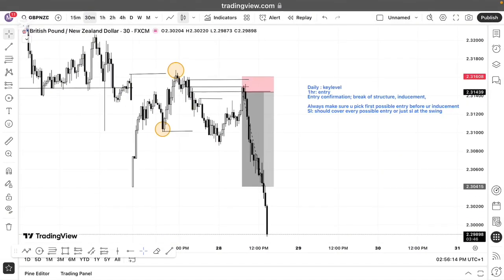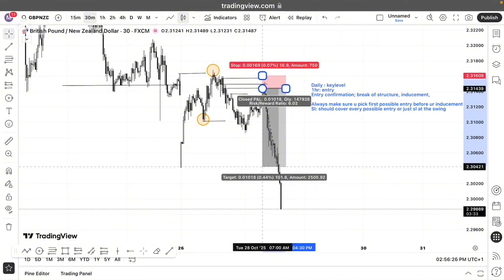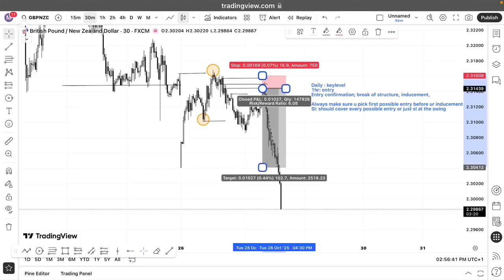Have you seen now? Like the massive move, I managed to secure one. One thing, you don't have to be stingy. I'm not really that stingy in RR. I just target swing to swing now. Listen, I target my last swing, target this one, which gave me 1:6 RR successfully. Listen, it's still dumping massively. This one has moved 1:9 RR already, but I choose to keep it this way and give me